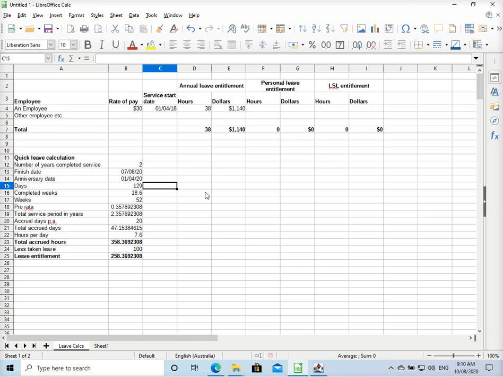But if it's three days out of a 5-day working week, then that's 0.6 of a week. So that's where I've got the 18.6 completed weeks there. The number of weeks in a year is 52. Okay. In fact, if you just take 365 and divide by 7, you actually don't get an exact 52. However, I just use 52, and the reason for this is that